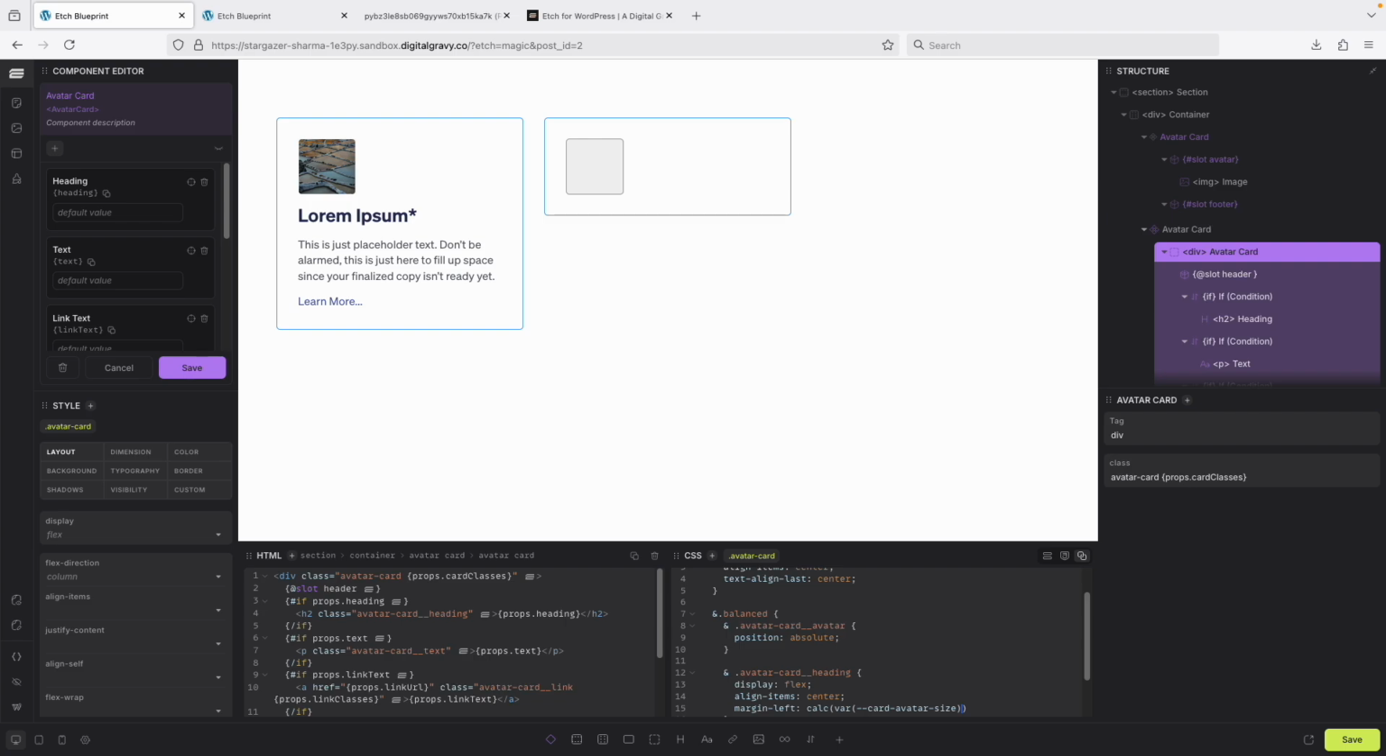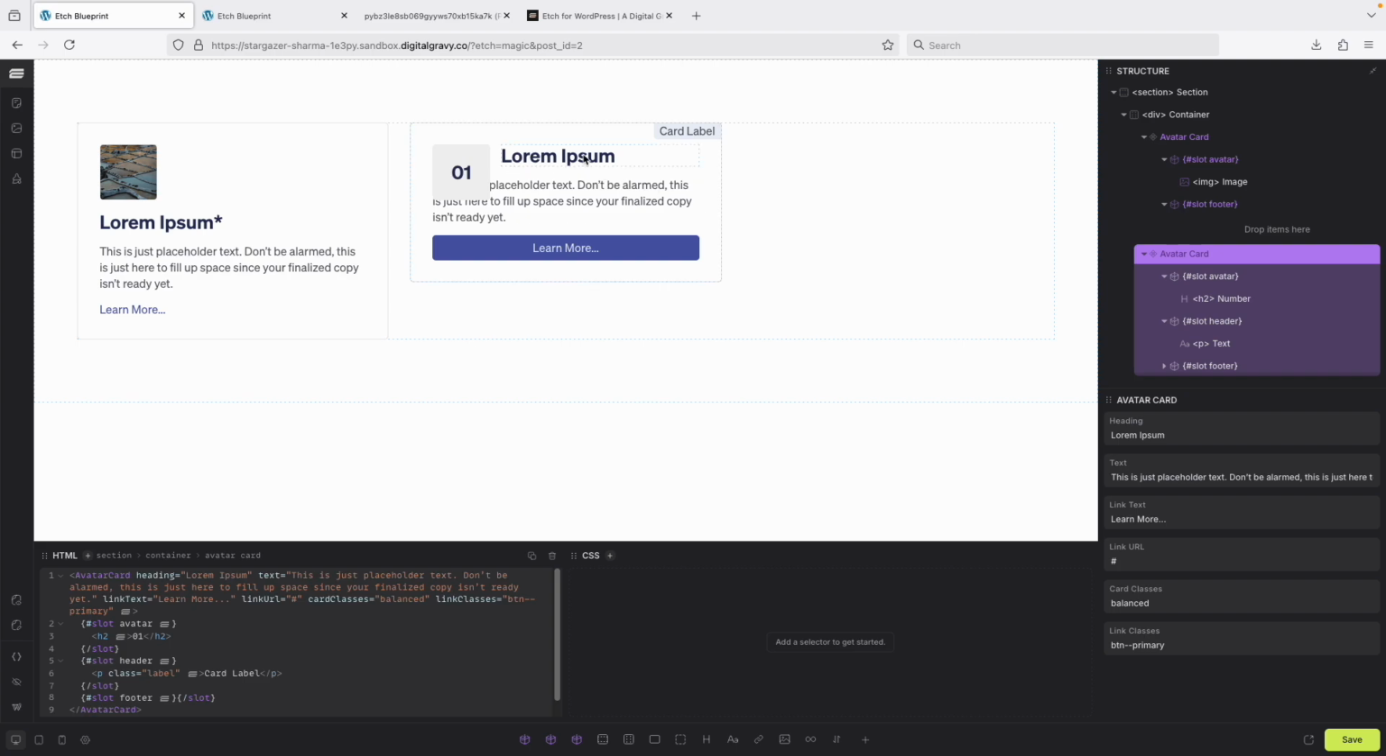Close parentheses, plus card gap, and once again we got too many parentheses, and let's save and see what that looks like now. Okay, so now our